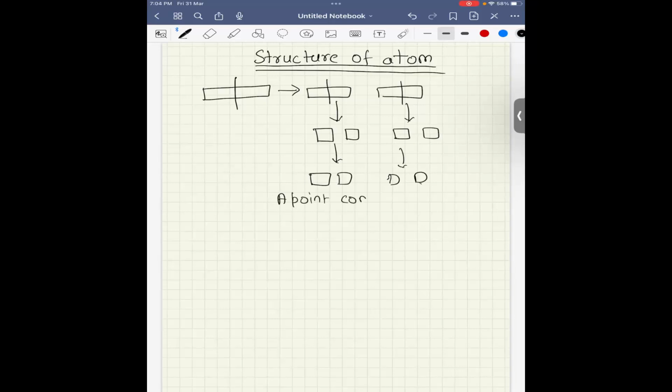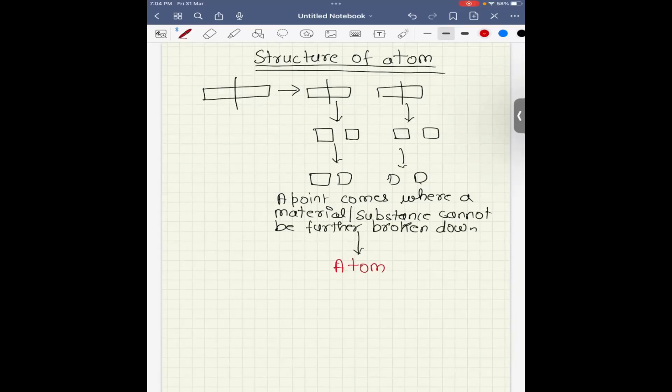A point comes where a material or a substance cannot be further broken down. This is what is called atom. The Greek word for this is atomos, and the Sanskrit word is